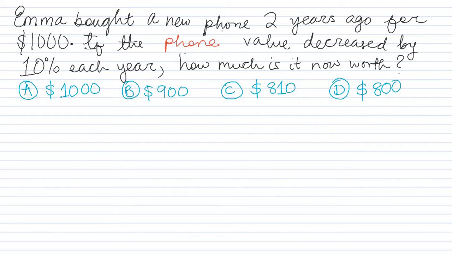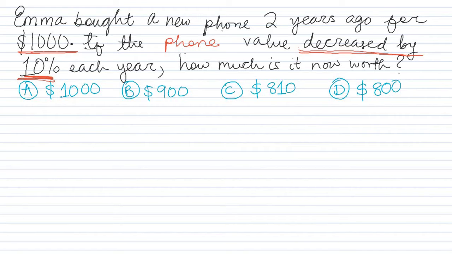So in this particular video, we have the question: Emma bought a new phone 2 years ago for $1,000. If the phone value decreased by 10% each year, how much is it worth now? From looking at the question, you know you're dealing with a question that involves percentages, which is basically decreased by 10%, right? And you've been given an amount and you're asked to solve for the price of the phone 2 years after it was bought, if